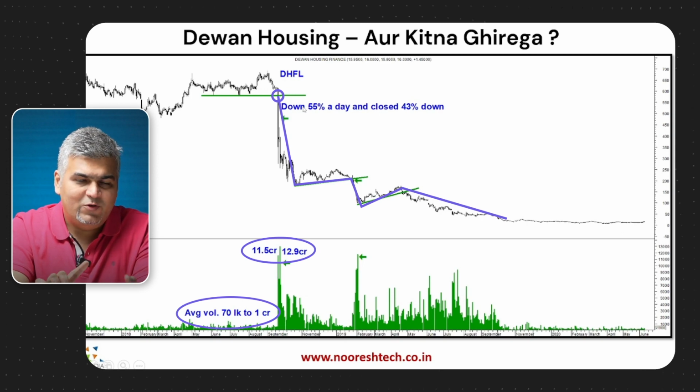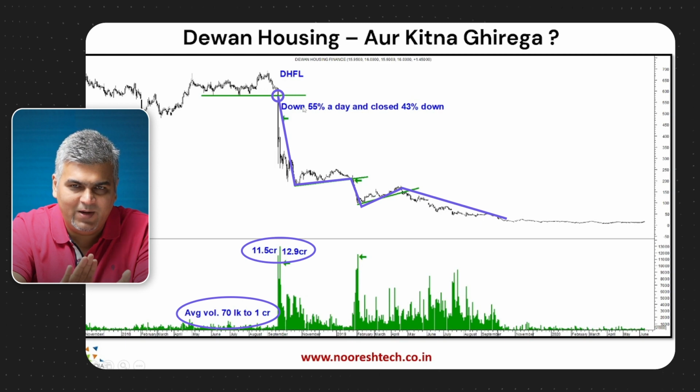So what does it tell you? When you see a huge price downtick along with very, very huge volumes, 10x, 15x volumes, do not try and be adventurous. Do not buy that falling knife. It will kill you. It will kill your whole capital. Now, same example,